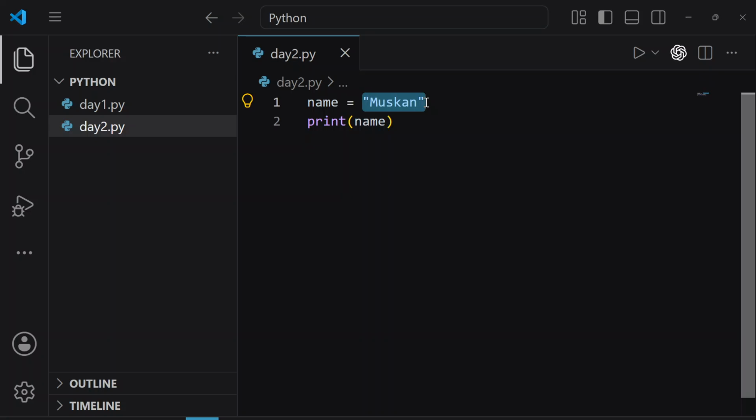Okay, so let me give you one example. For example, you are creating a student registration form. All of you fill an online form, correct? For example, you are filling an online form. If you open that online form and you see name is equal to Muskan, but your name is not Muskan, and another student opens that online form and is also seeing name is equal to Muskan,